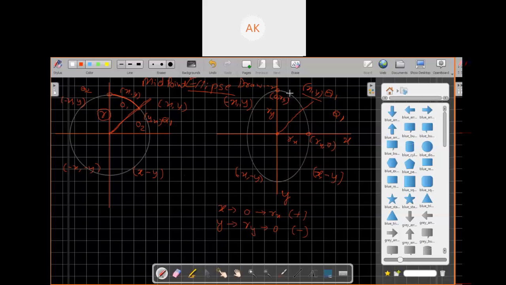So if we find the intermediate points of all of quadrant 1, the x value is increasing and the y value is decreasing. How can we divide this ellipse into two parts, region 1 and region 2, to reach this point? We are not dividing into equal parts as we did in the circle, where octant 1 and octant 2 are equal, with this a 45 degree angle. Here it is not 45. First we have to reach here.